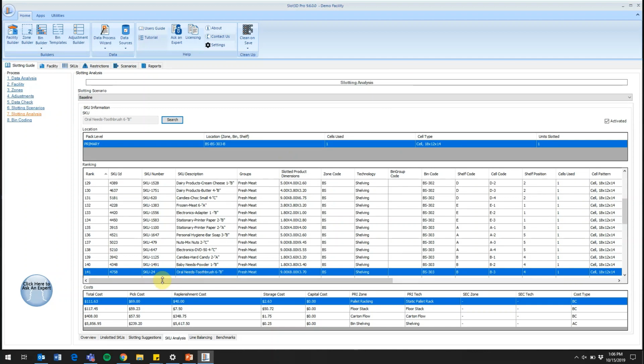SKU number 24. Down here in the costings section of this report, you can notice that it has 4 different technologies that it can be slotted to, and it generates the picking cost, replenishment cost, and storage cost for that SKU within each technology. For example, if you have a chemical item requiring slotting in a certain zone of your warehouse,